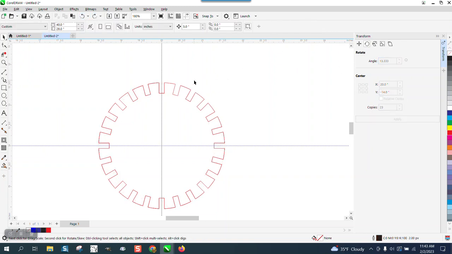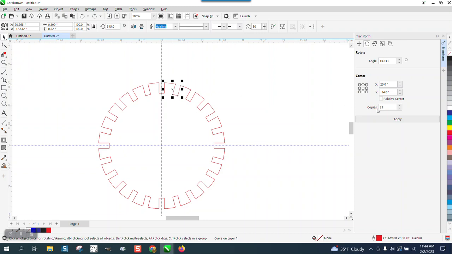So that's how I came up with the 15 degree angle and the 23. Always remember that when you're working with Corel, and right here, if it says copies, it means don't count the one you're using, and make